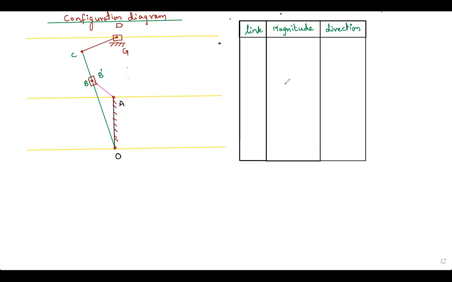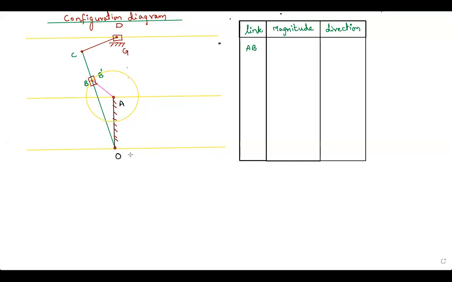Now coming to magnitude of velocity, I'm going to tell link AB. Link AB, B with respect to A is in pure rotation. Let me show it using our reference system, where yellow is all reference. So A as center and AB as radius, this is going to happen for this link. There is going to be the rotation. Yes, so this is the way.